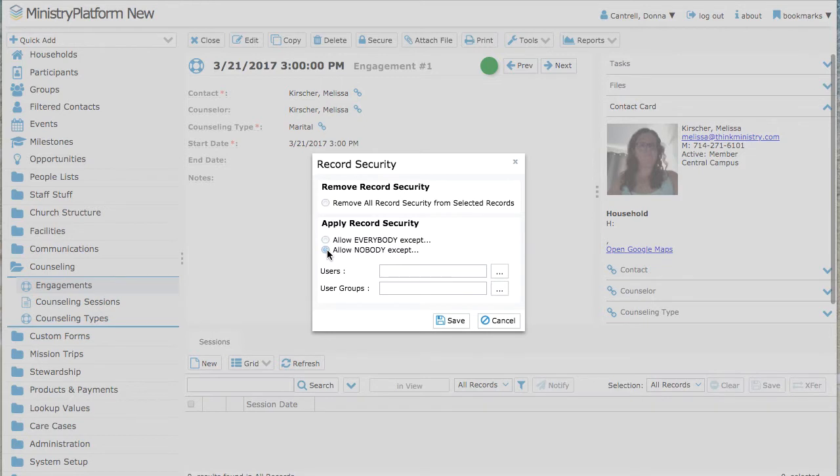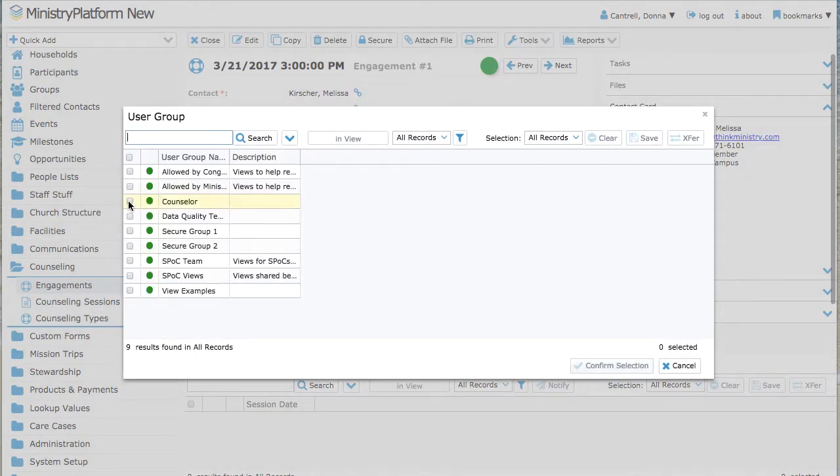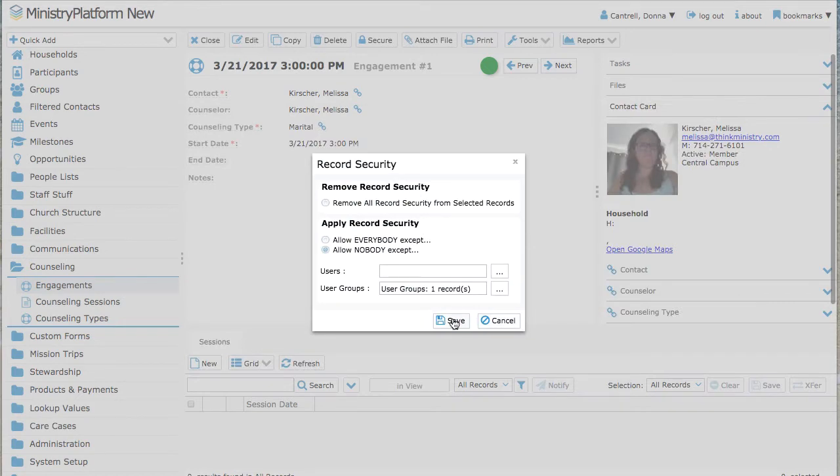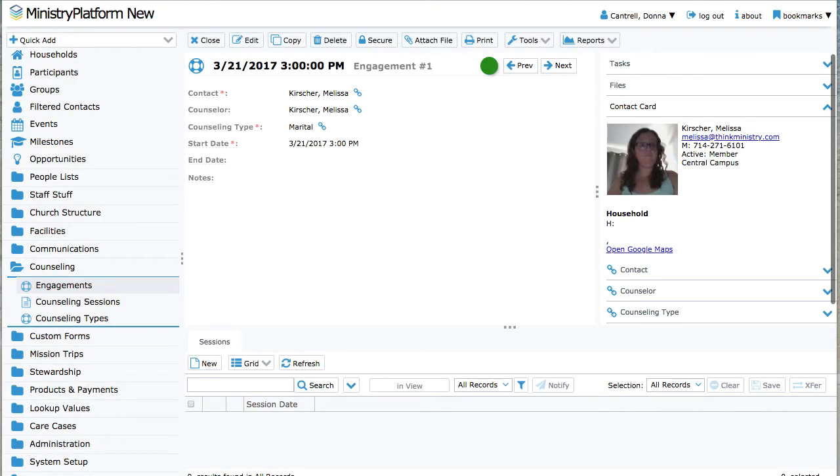Now we'll click on Secure. And we can say allow nobody except the following. Then we'll click on the pick list and select our counselor user group, which we just created. Confirm selection and save. What we've just done will prevent people who are not part of the counselor user group